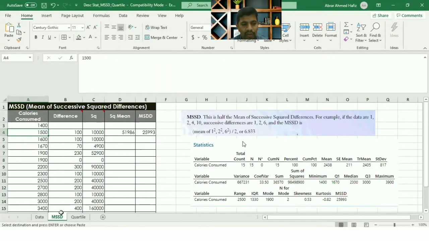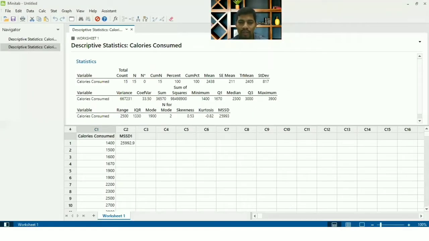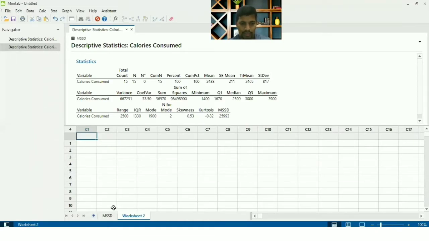Even if you swap, Minitab will pick it up, arrange the data from small to big, and do the calculation perfectly. You don't need to do it. But while you're working in Excel, you have to sort the data by yourself. Let me give the same file name, MSSD. Let's talk about one more example.